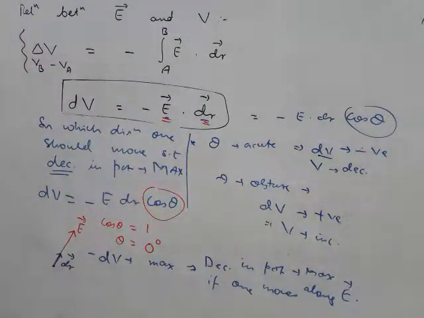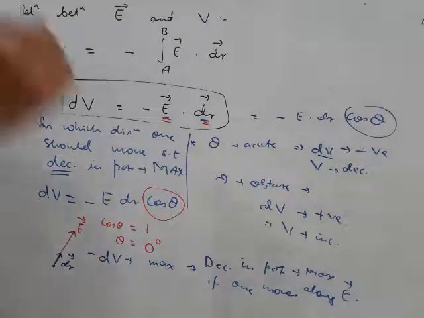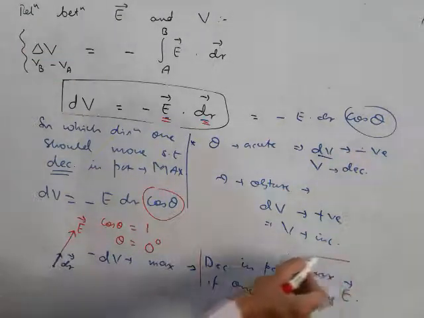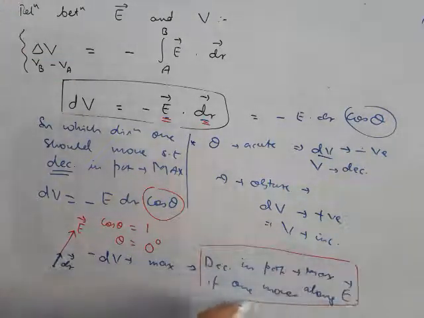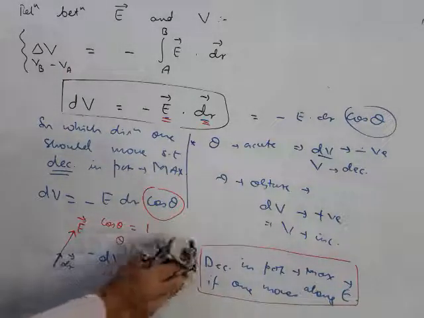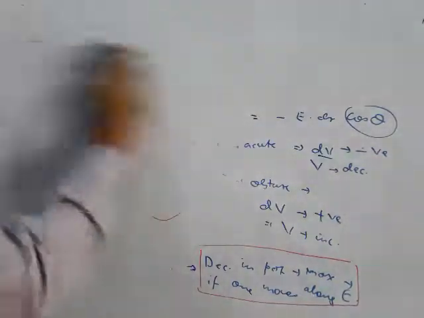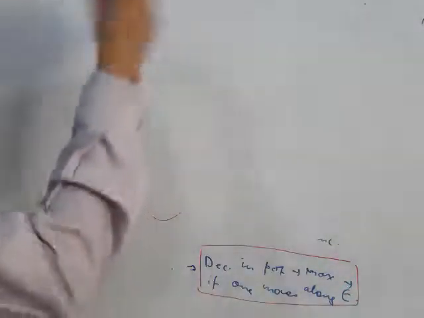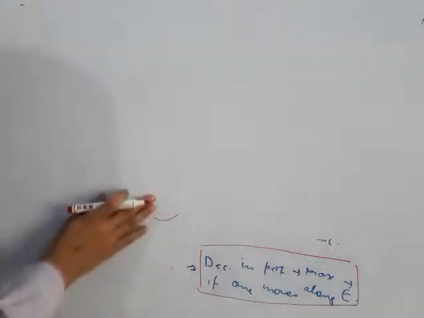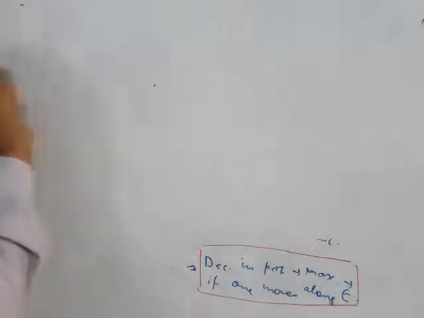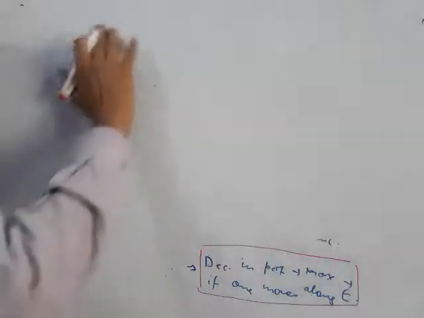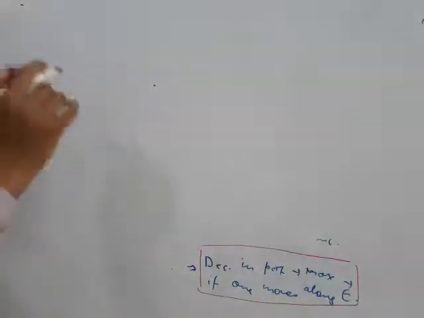Is this clear, students? So this statement is very, very important. It gives you an idea regarding the direction of electric field. So electric field points in that particular direction where the potential drops or decreases at maximum rate. Suppose there is a region of electric field, there is a region of some potential. You are standing in this particular location in space, and imagine this is not a 2D world, it is in 3-dimensional space.